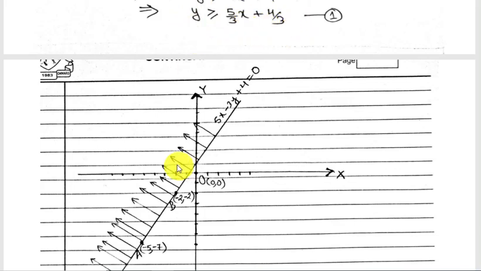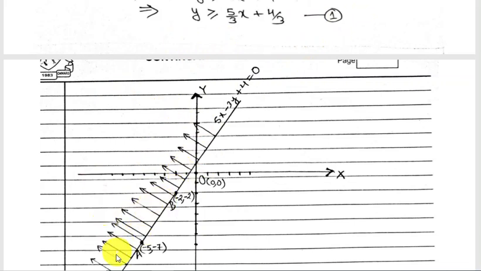Okay, that is not true. So that (0, 0) I had taken from this part, from the right hand side of this line, and that did not satisfy this inequation. That means all those points lying on the right of this line will not satisfy this inequation. Only those points which are on the other side, on the left hand side of this line, will satisfy this inequation. That's why this arrow is indicating that side.